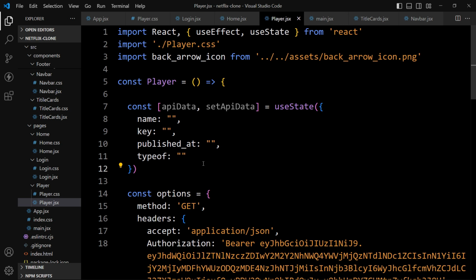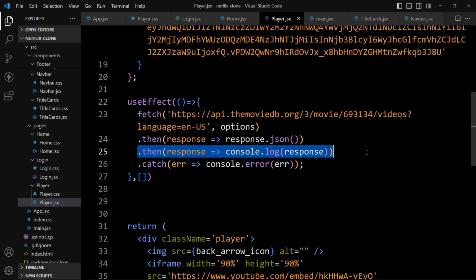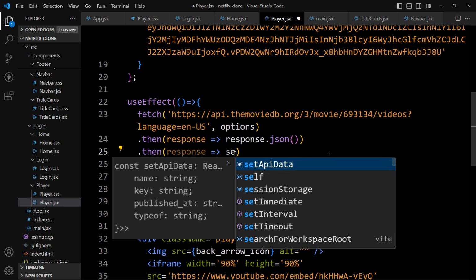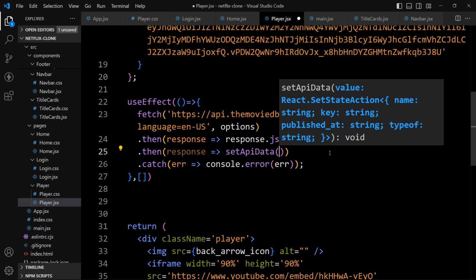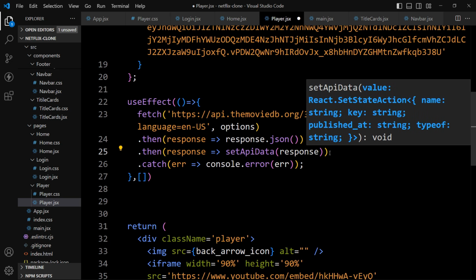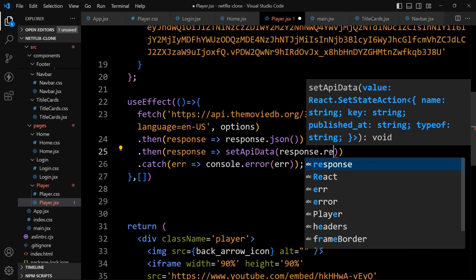Now we will store the data coming from the API in this object. Here in this response we are doing console.log response. So instead of that we will add setApiData. We are using the setter function. We will add response.results.